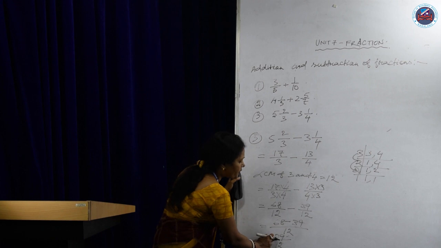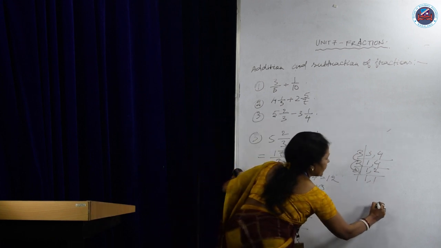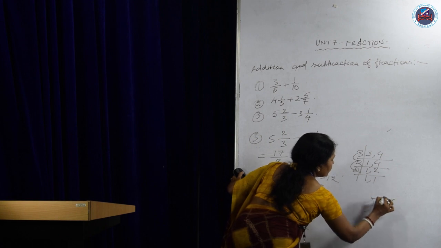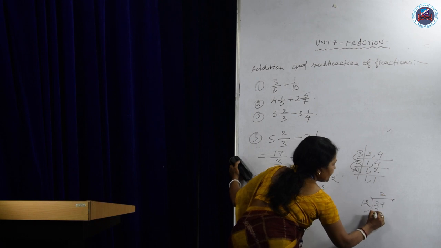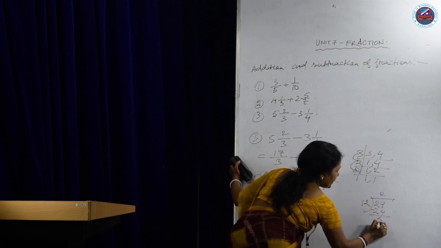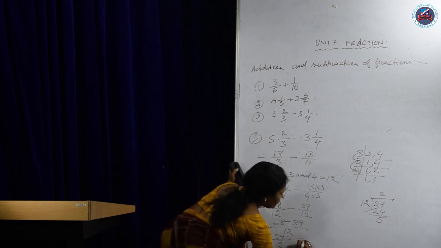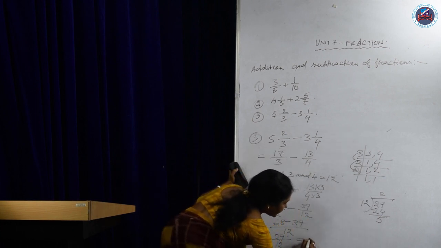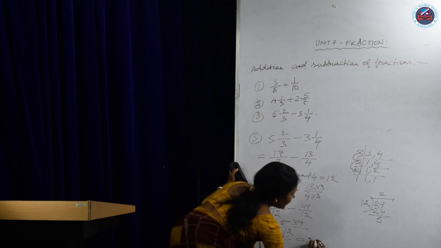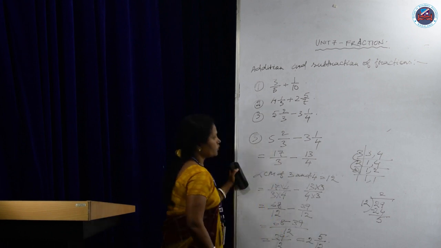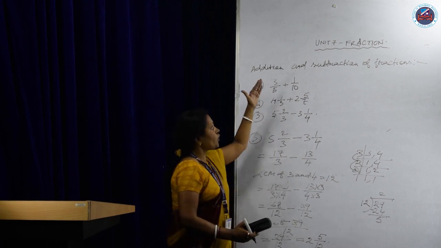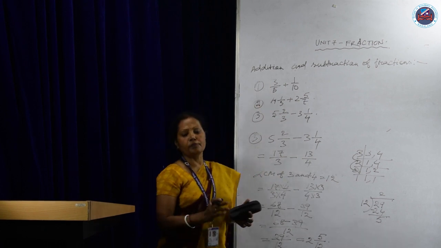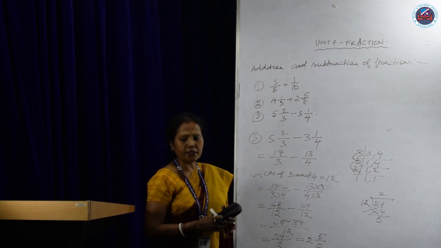So when you are getting an improper fraction as the answer, you have to divide the numerator by the denominator following the same method. 12 2s are 24, subtract it, your remainder is 5. So when you convert into a mixed fraction, first you write your quotient, that is 2, and numerator is 5 and denominator will be 12. So this is how you have to do the addition and subtraction of fractions. Following this concept, you can solve the sums from exercise 7.4.